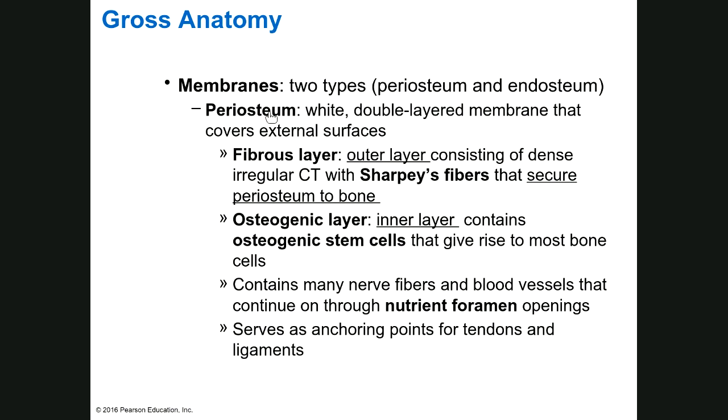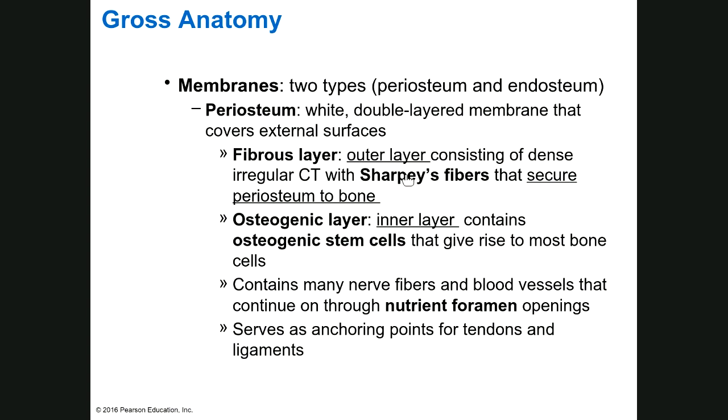Remember that the periosteum is the outer layer, the external surface of compact bone. You should know the periosteum is made of two layers. Periosteum we can break down into two other layers. It has a fibrous layer and an osteogenic layer. The fibrous layer is just structural. It contains